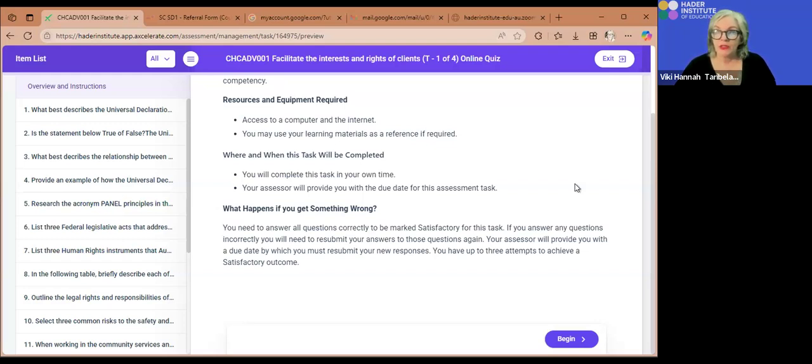And depending on how you study, I like to get all of my resources and just do a bit of an overview. I go through the learner's guide, and then I go over and I have a look at the questions and I open them. I don't submit. But if you are submitting your work, at the bottom here, you can say begin, and you can start to answer some questions, and it'll take you to the next one. Just make sure that you hit save so your work is saving, but you don't have to submit until you've fully completed.